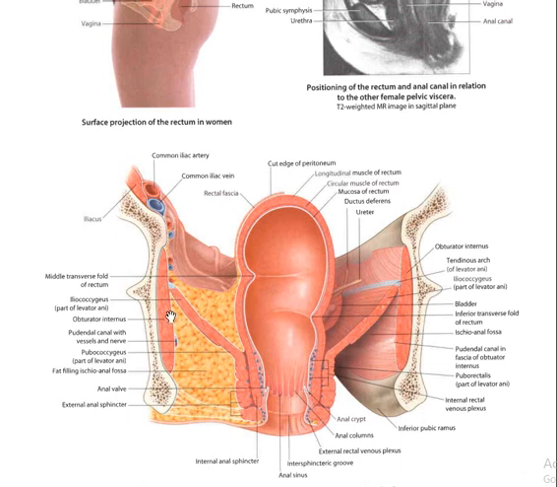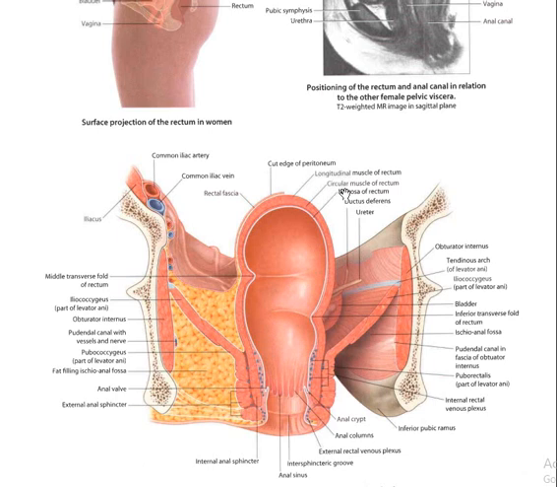This is a superficial view. On the superficial view, we are going to have here the iliococcygeus, and here the obturator internus. Here you are going to have the pudendal canal. The pudendal canal lies inside the obturator fascia. Here you are going to have this fat. At this portion, you have the ischioanal fossa, and here is going to be the fat inside the ischioanal fossa. This is a potential space for the rectum to be capable of expanding. So now these are all the different structures when you had the coronal section of the rectum,